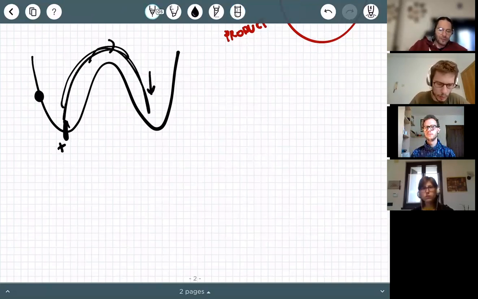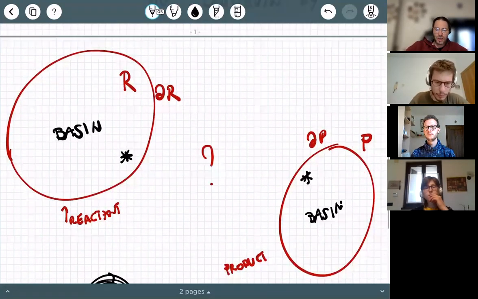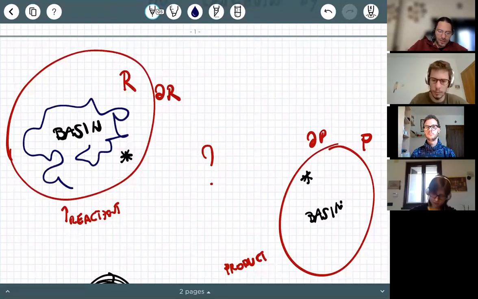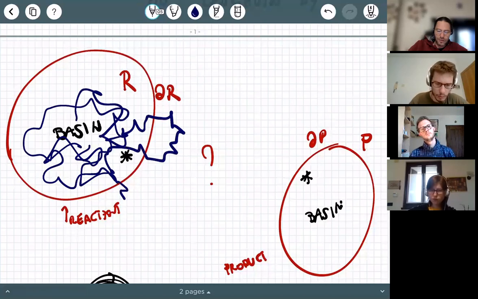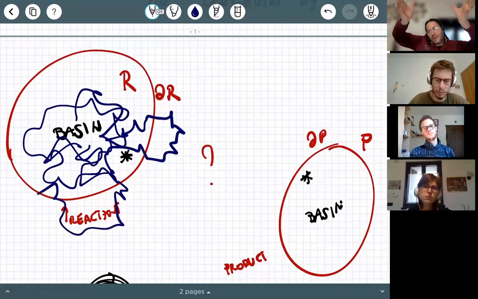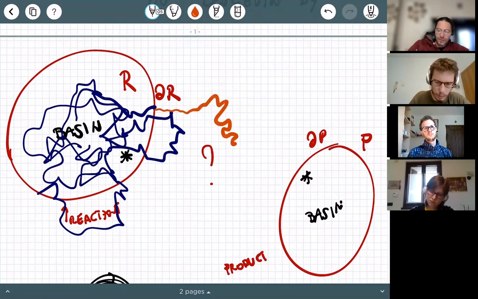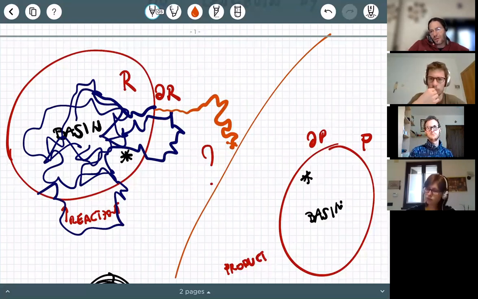And indeed, we have many back and forth trajectories, in particular here between the reactant and the product. So how does a normal trajectory look like? Well, most of the time, the trajectory will wander in, say, the reactants, occasionally venturing outside, but most of the time returning back, because remember here, the energy barrier is very steep. But sometimes when you exit the barrier, you reach a surface, which is basically the top of the mountain, so to say, from which you have 50% probability to make it back or to go to the basin.